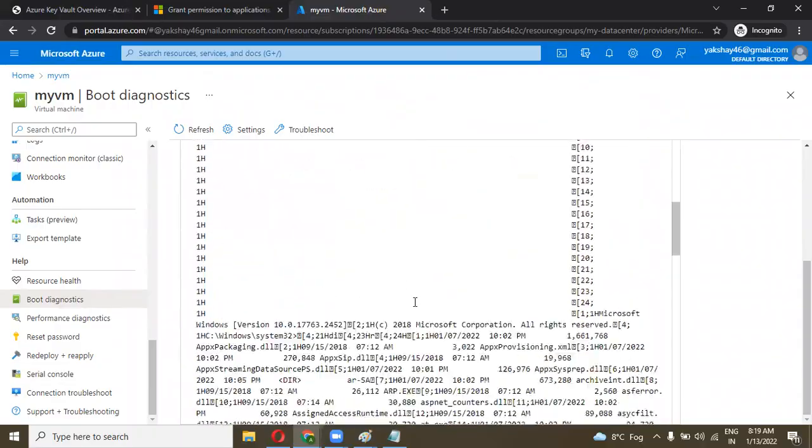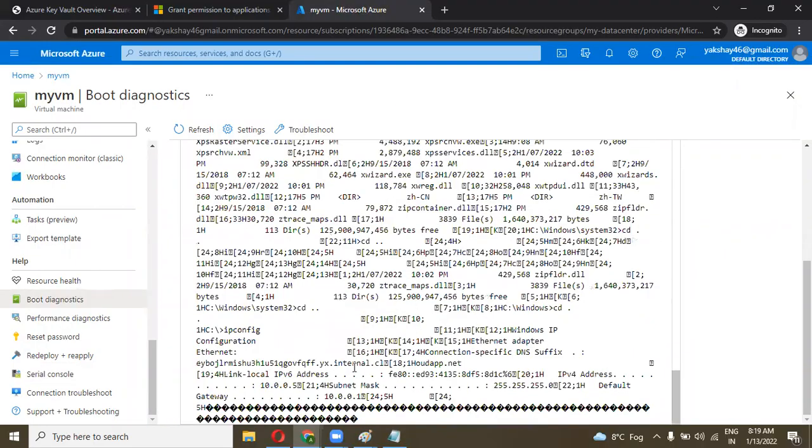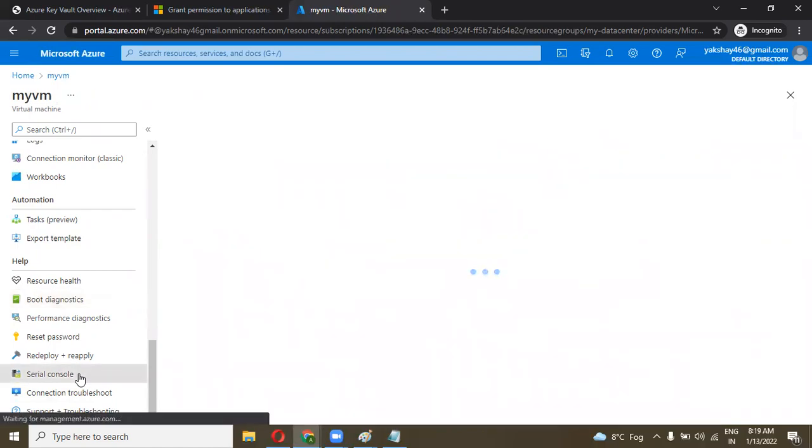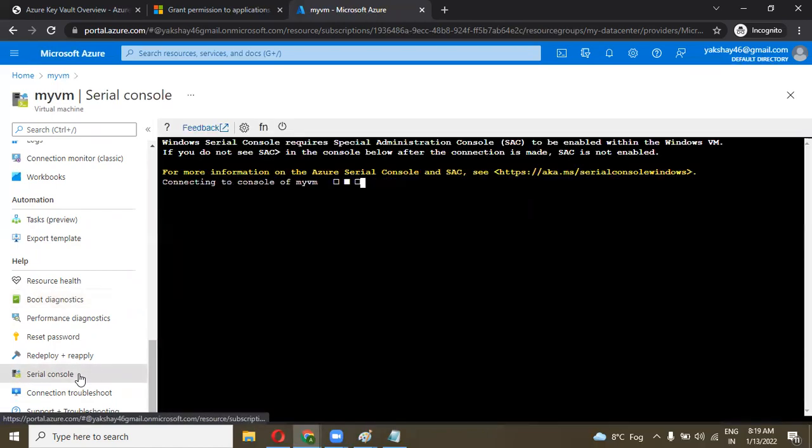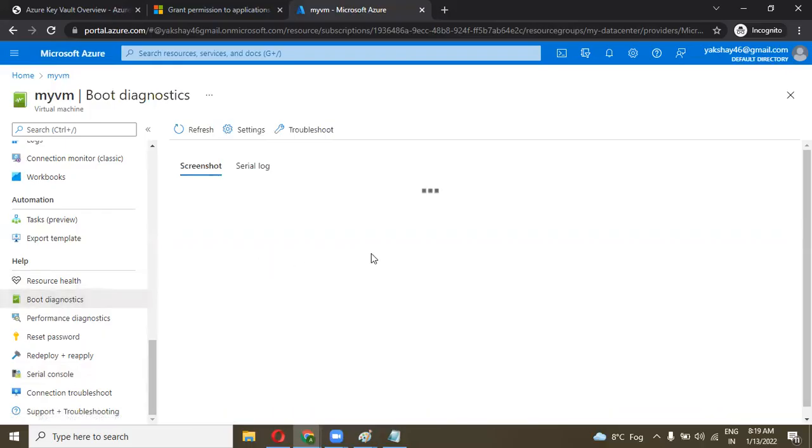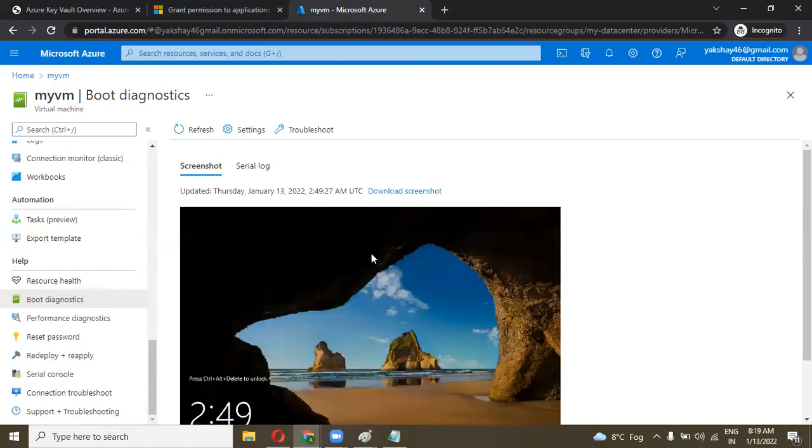If I go to the last section, I will find the IP address. You can see 10.0.0.1 as my gateway. The same thing you can see on the serial console, or you can also cross check with your machine. Got it, Sandeep and Rahil?